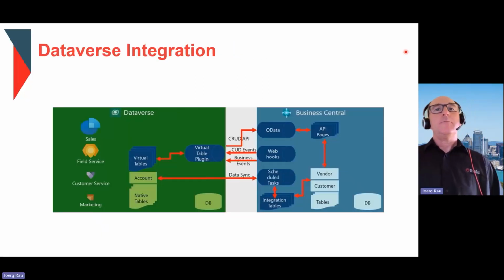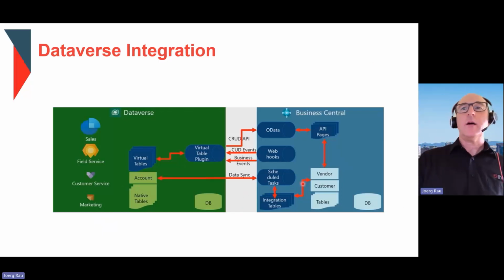So we do have data synchronization where we have an account which becomes, for example, a customer or vendor. In order to do that, we have to go in BC and make what we call a proxy table, a representation of that table on the other side, and then we have a scheduled job which moves data backwards and forwards. And that's good because we need the data on both sides. Then we had webhooks, which is if something happens, a create, an update, or delete of a table, then we could make use of this. Even on a virtual table we have exposed,